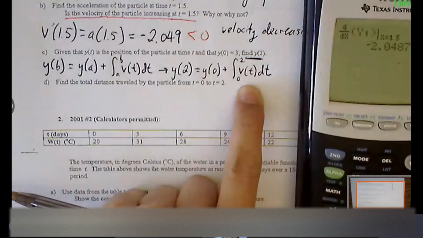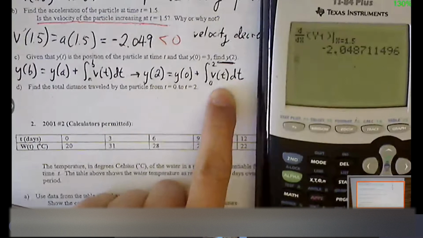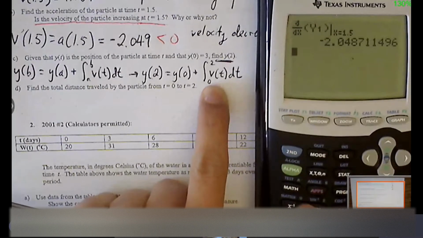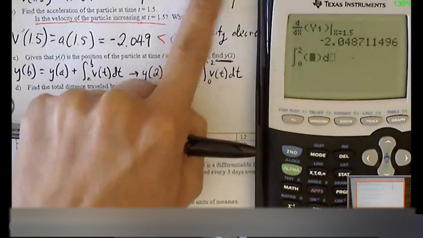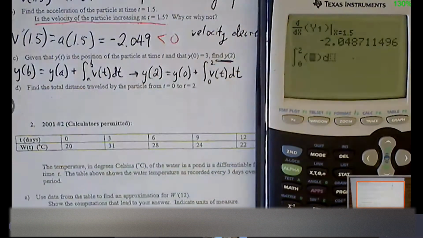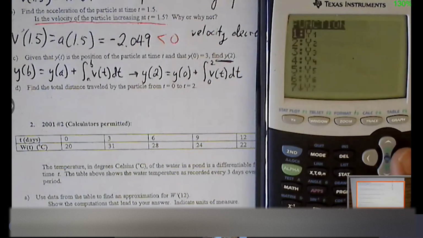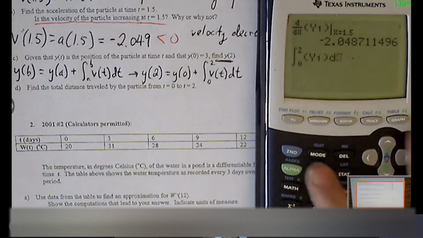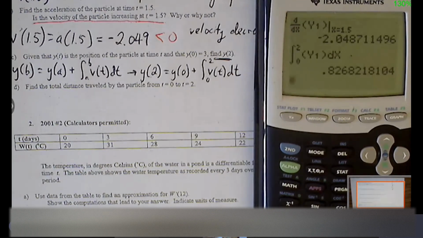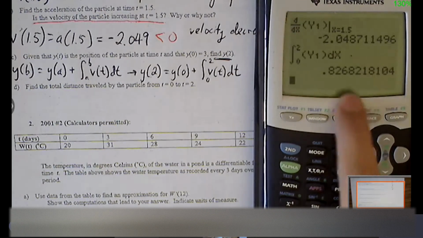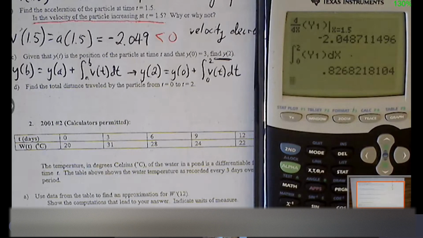Math 9 will get you to your integral notation. 0 to 2. My velocity function is x sine x squared, but again, we keep calling the same function, so I have it stored under vars. 0.827. So this tells me that between 0 and 2 seconds, this particle is going to move up